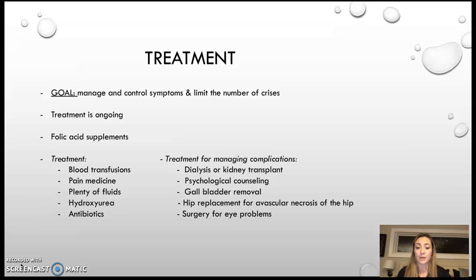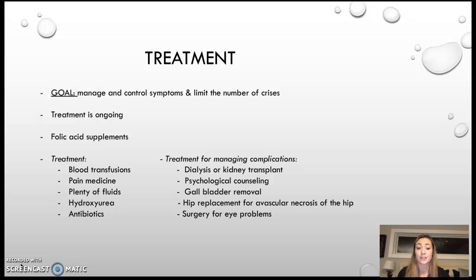So now let's talk about treatment options for individuals with sickle cell anemia. The overall goal of treating this disease is to manage and control symptoms and limit the number of crises that occur with ongoing treatment. So an example of this could be folic acid supplements, which prove to be beneficial for individuals with sickle cell anemia, as folic acid helps make new red blood cells. So a couple other treatment options for sickle cell anemia include, but are not limited to, blood transfusions, pain medicines, plenty of fluid, hydroxyurea, which helps reduce the number of pain episodes,